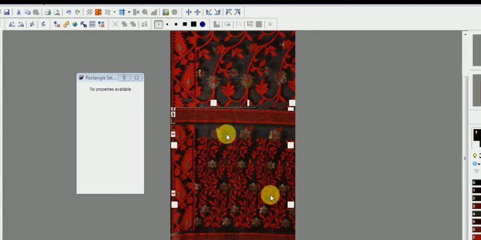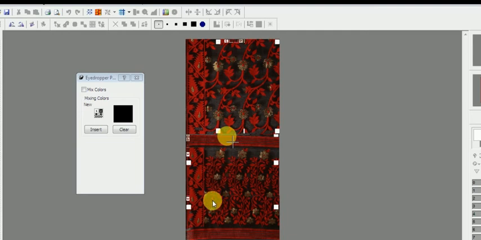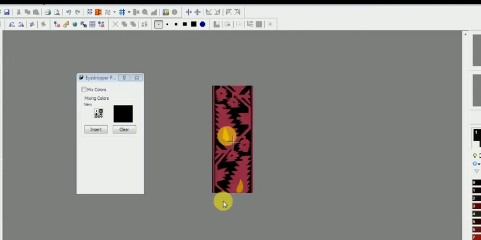See, like this we have to make our designs. Here I am going to give the size.